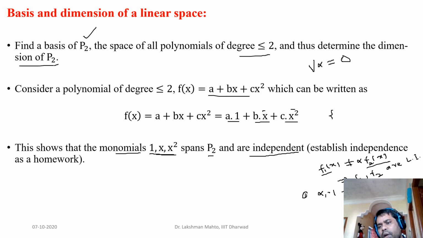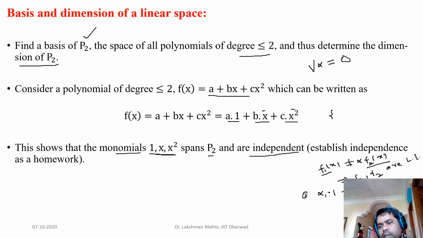Same linear relation we are forming now, but here it is a linear relation in terms of functions, not fixed vectors. So x is a variable here. Due to the variability of x, we can differentiate this given linear relation with respect to x. Since you are having three unknowns, alpha 1, alpha 2, alpha 3, and you need to get their values, we differentiate with respect to x to get the second equation.